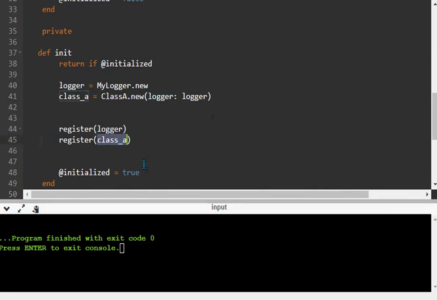Then when I need the class A, it will be already instantiated, and I will just have to use it. But remember, for that you need to have a stateless class. If you have to use a stateful class, you will need to construct a new one each time. It's another kind of design. If you go like this, you will probably need a factory that will create a class, and you will inject some state inside, and the class will be like a command. Okay, but this is another kind